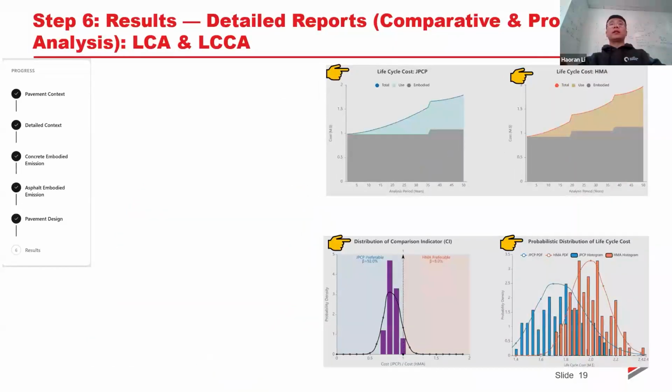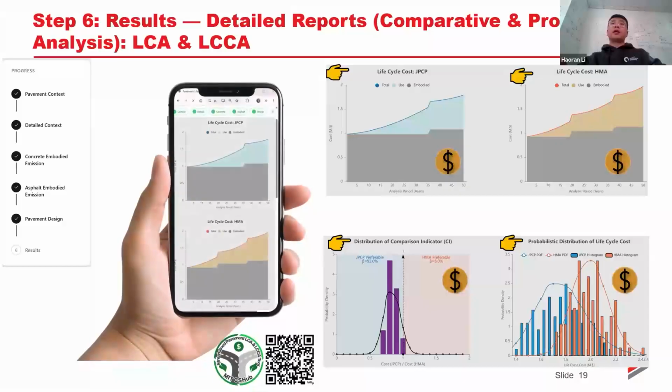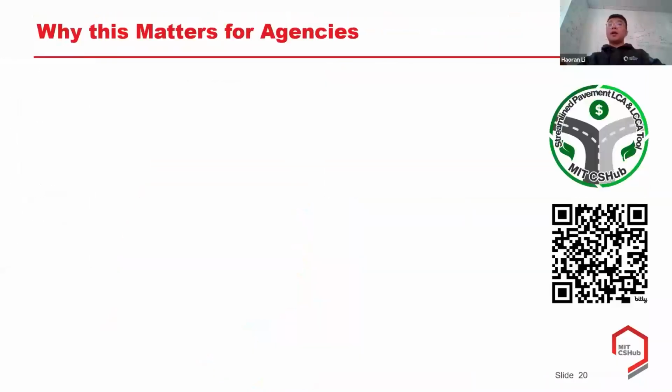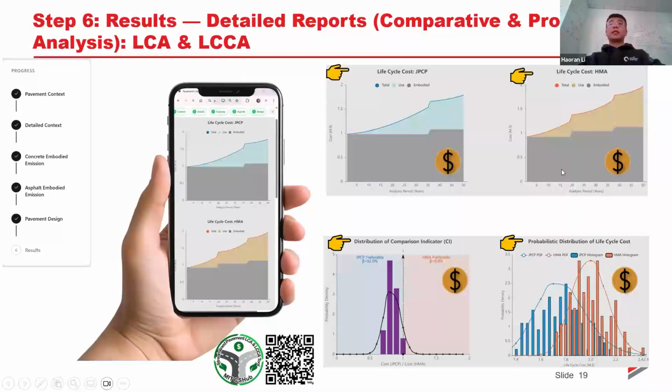And also, we include that into the LCCA analysis. So again, the top is the median, indicating the embodied cost, use phase cost, and the total cost. The bottom shows these distributions as well. And you can see, if we take a look at the bottom left, we can see now in terms of